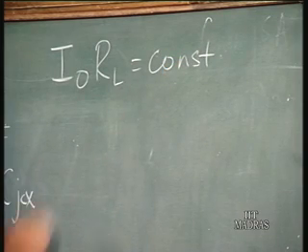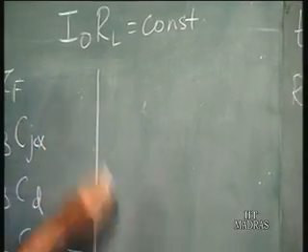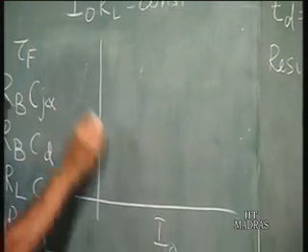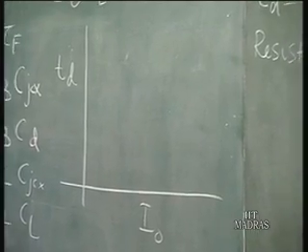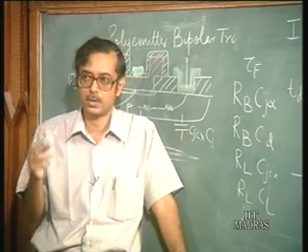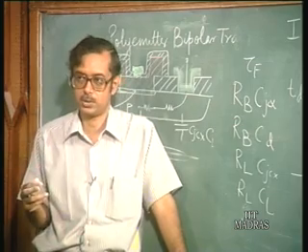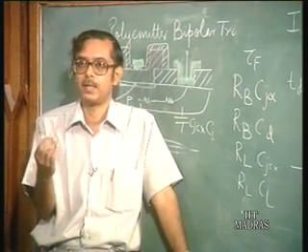Now if I plot the delay versus I naught, what I want to say is, does the delay depend on the value of the current source, that is, the current which you are using